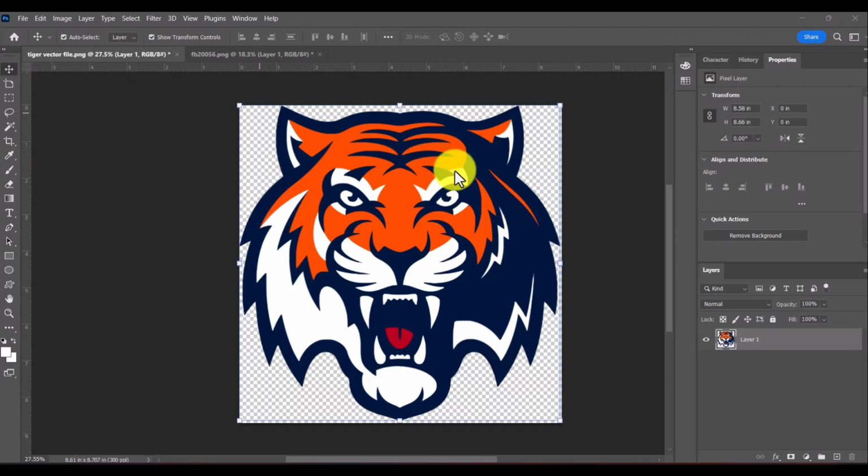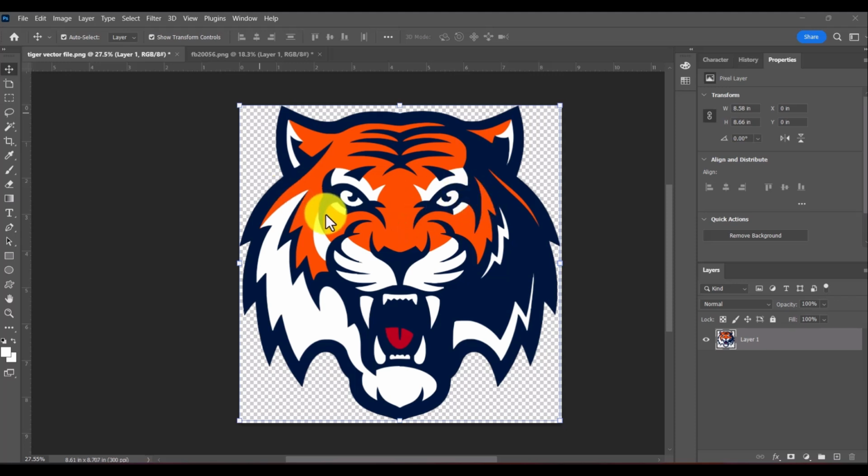Okay, so now we're going to start manipulating this particular file that we have here. There's lots of things we could do in Photoshop with this particular file. We could change the colors. We could eliminate the colors. We could add new colors. We could add text to this image. We could add a background. So let's just start with the most